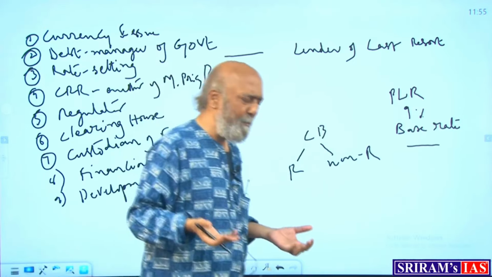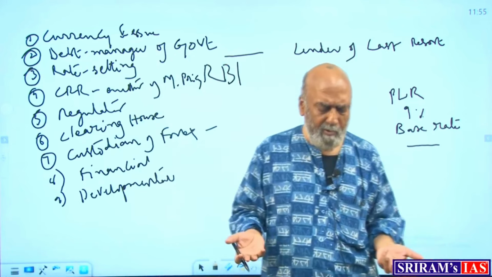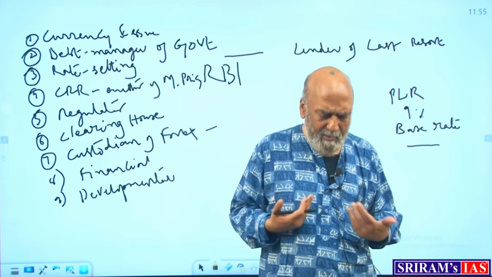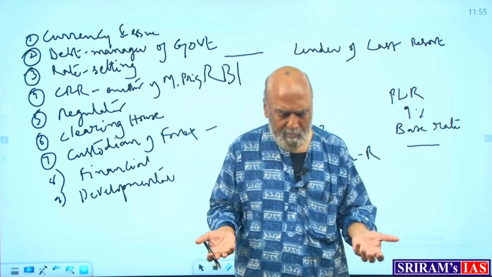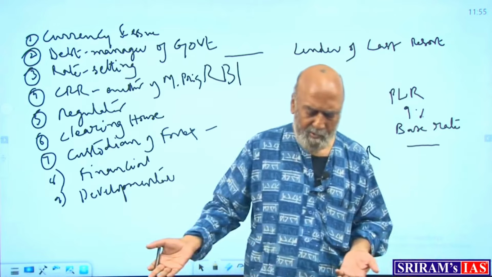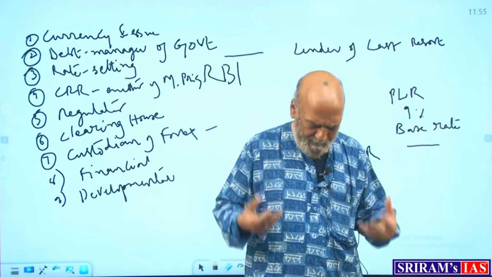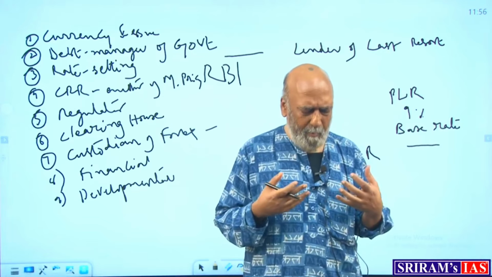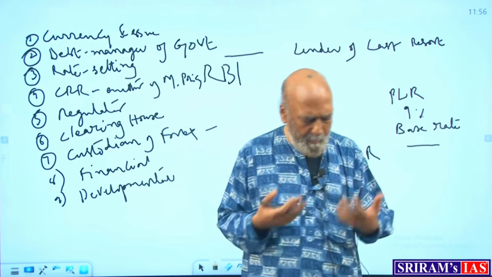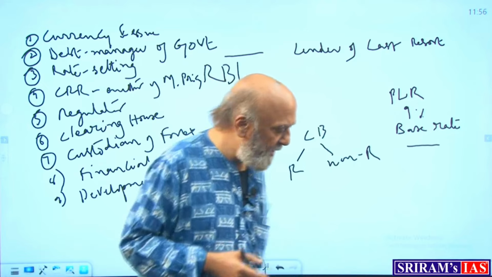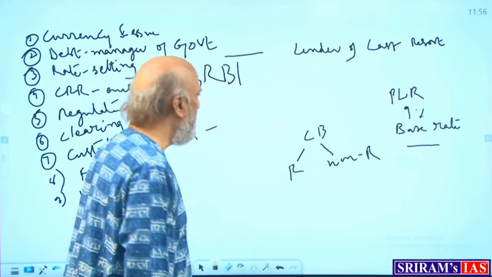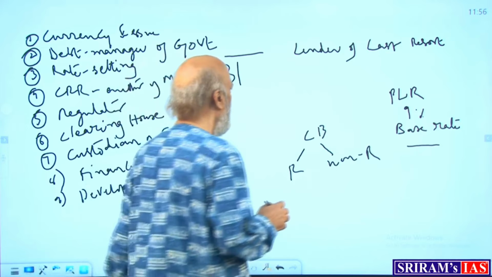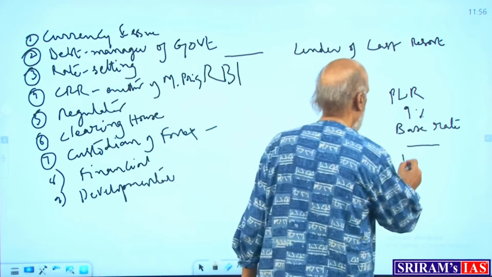Again, you see, what is a bank? You want to make profit. That is why you exist. RBI is nothing. What is RBI in front of these banks? Government officers. They are the entrepreneurs and all that. So they know how to defeat the RBI's purpose if their profitability demands it. So they were not passing it on even then. Then the RBI wanted to make sure that it goes through. It introduced what is called